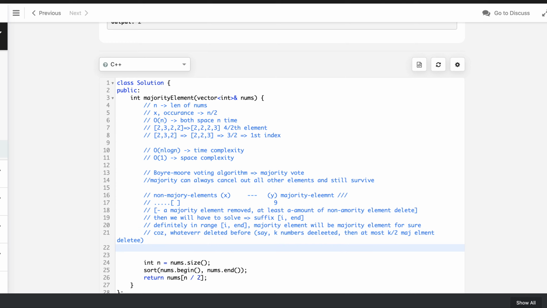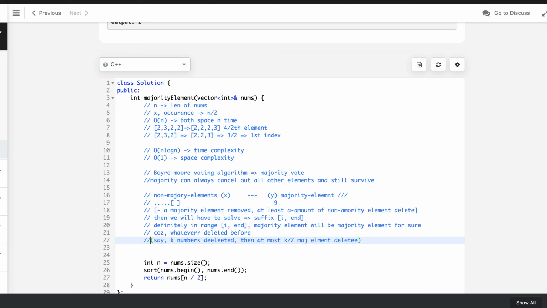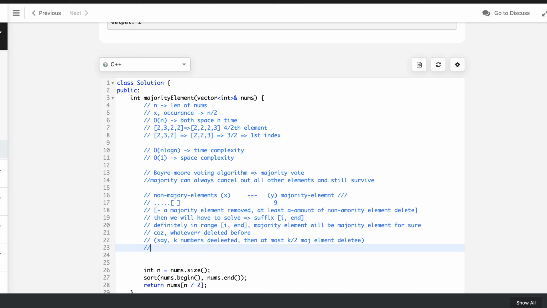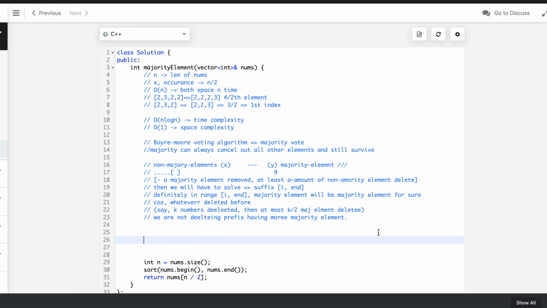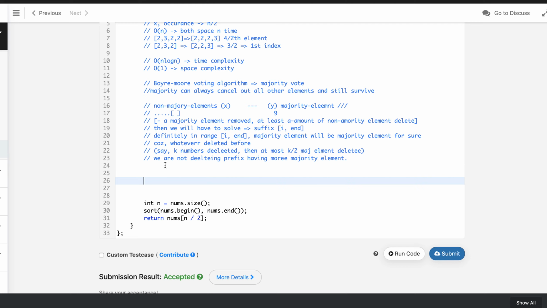So that is why we are not deleting a prefix having more majority elements. So that is why we can have a fresh start from